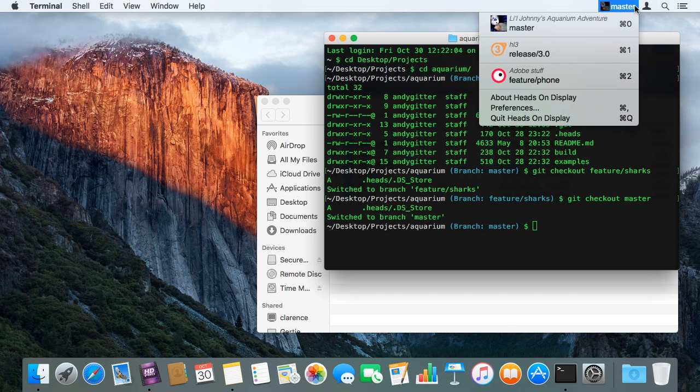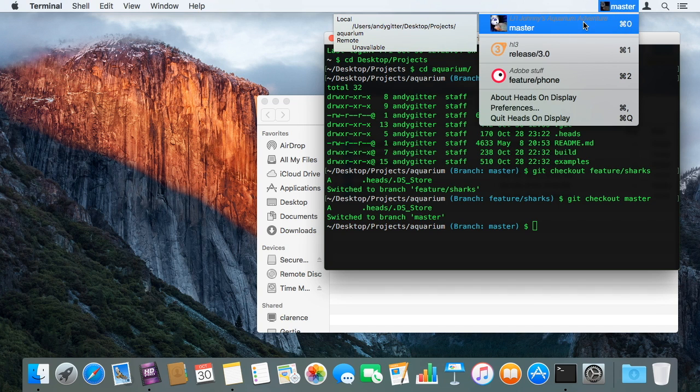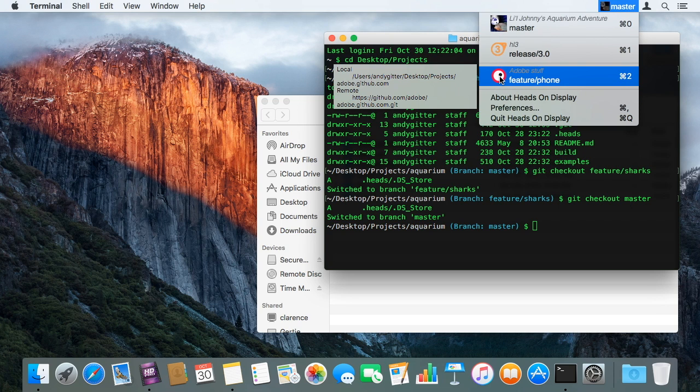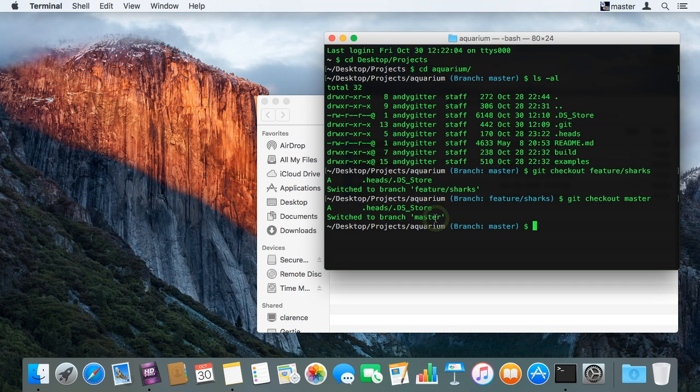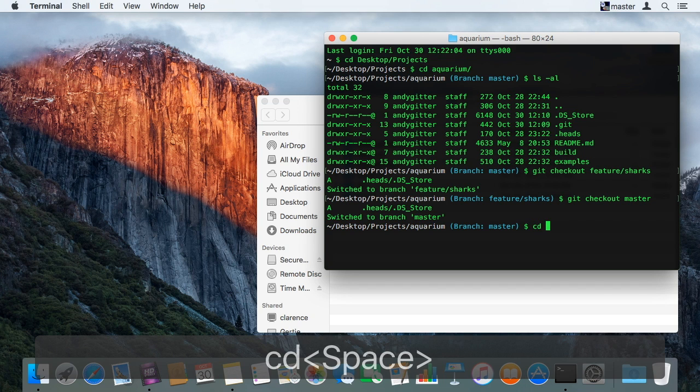One thing you'll notice here is you'll see that some of these repos actually have custom titles and custom icons. Some of them do not. This little circle with the dot, that's actually the standard Heads on Display icon for repos that do not have their own icons. The icons and the titles are actually set within a hidden directory in a .heads folder at the root of your Git repository. Heads on Display doesn't add anything to your repository. We don't want to fill your repository with stuff that you don't want in it, so we leave it up to you. But if you do decide to create a .heads directory,